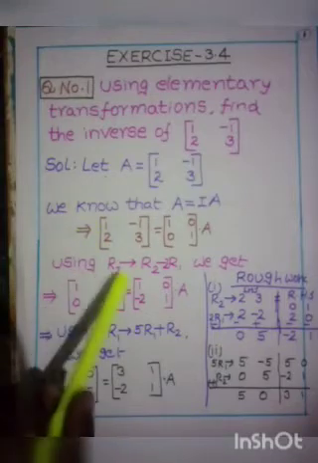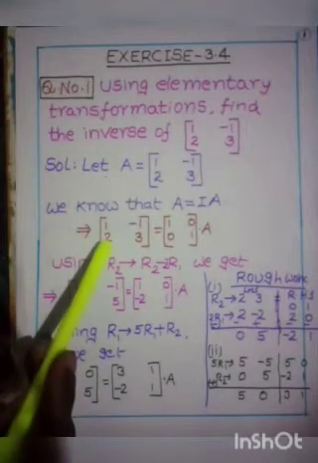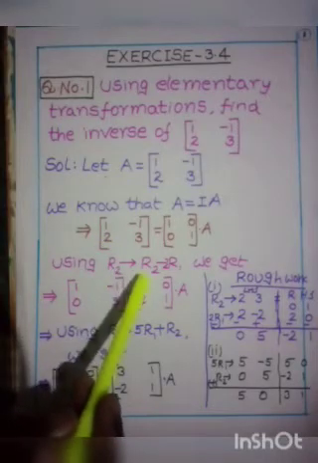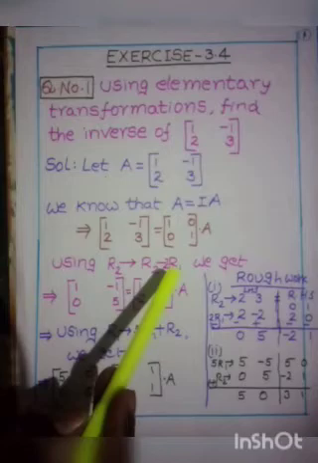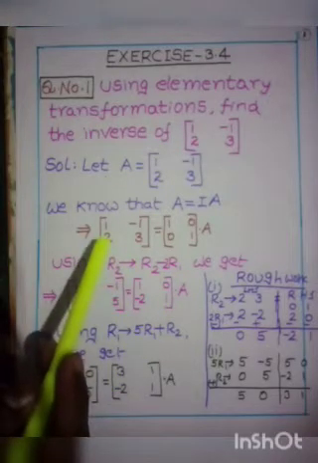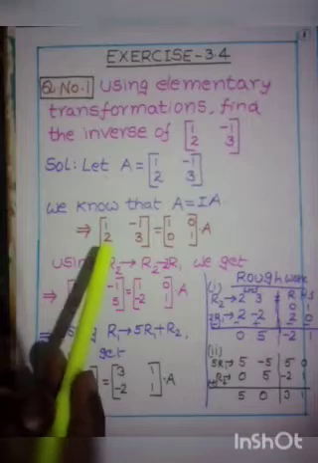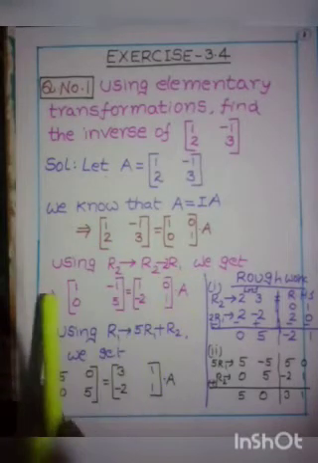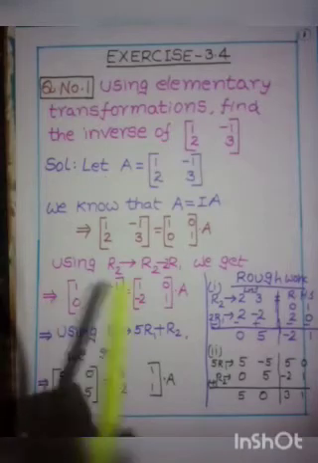Here this is in R2. So R2 implies R2 minus 2R1. By using this row operation, we get 0 here. Remember this step, my dear children. Understood this step, my dear children? Then we get, this implies, see here